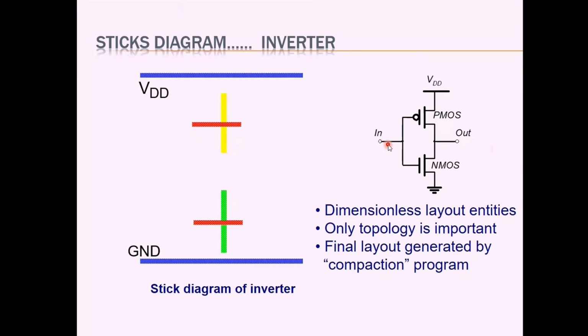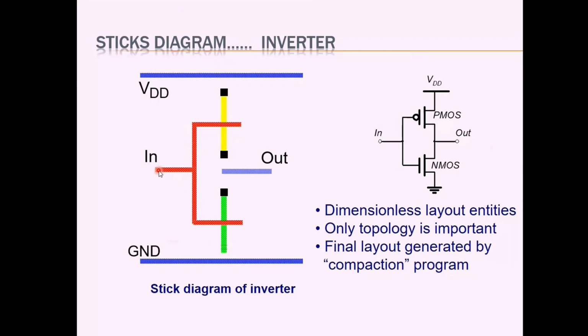To give the connections, it is not necessary to use metal. We can use polysilicon also as a wire. So we can join both the gates together and apply the input. Here the gate of the P device and the gate of the N device are connected together through polysilicon and we can apply the input here. And to connect the drains together, we can use